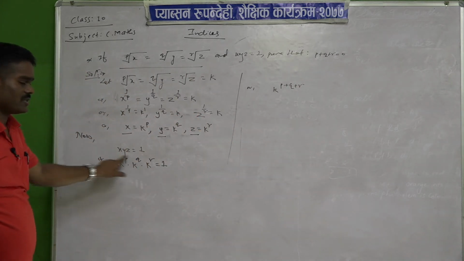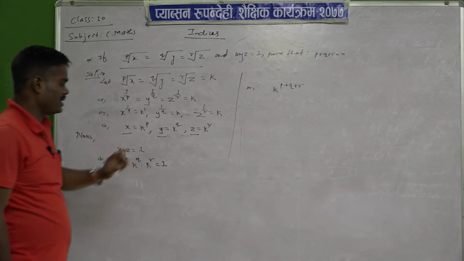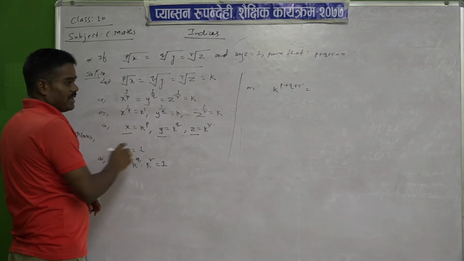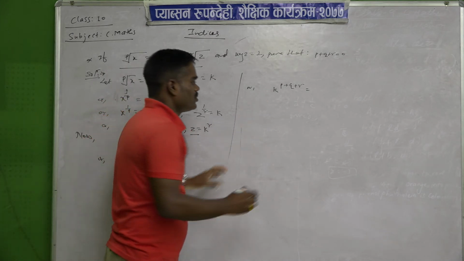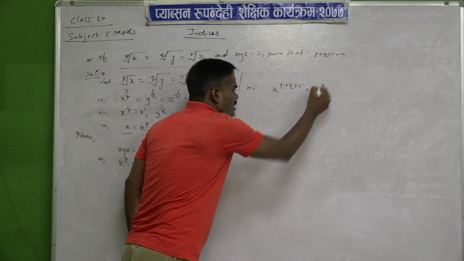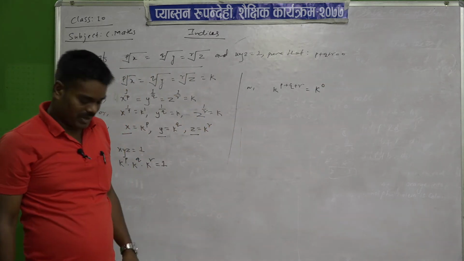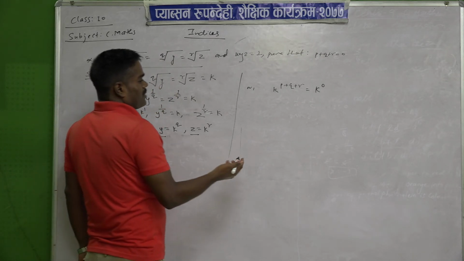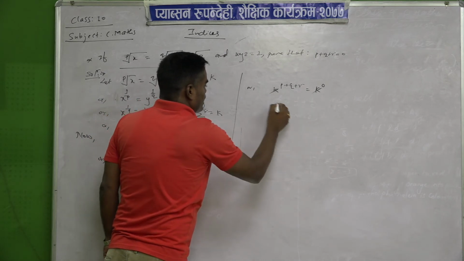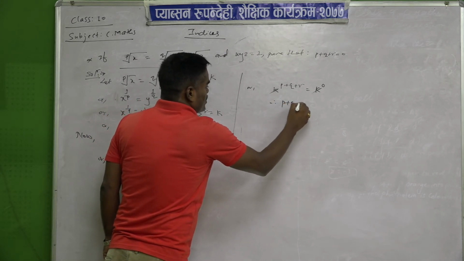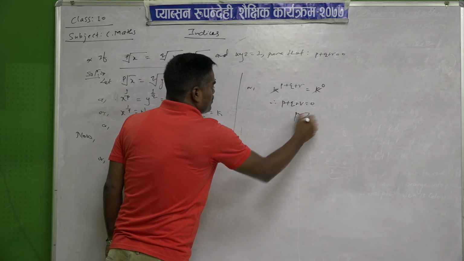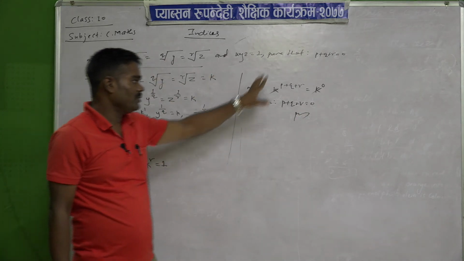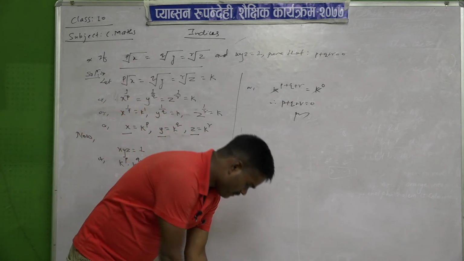Bases are same then powers are added. So it became p plus q plus r equal to 1. What is the base here? k. So in place of 1 you can write k power 0, because if the power of any base is 0, then the value is 1. So k and k cancel, therefore p plus q plus r equal to 0. This is proved. So likewise, very sincerely you have to do the solution.